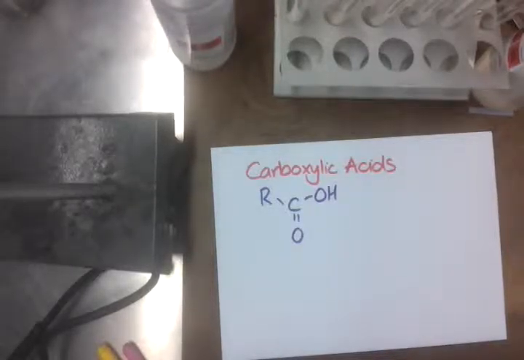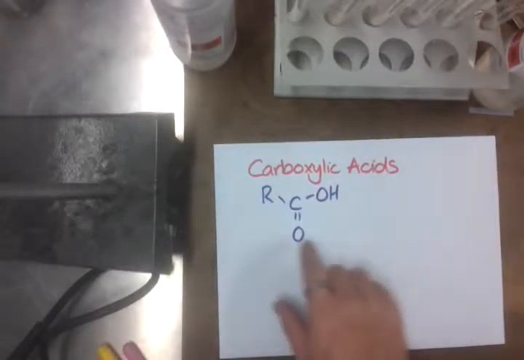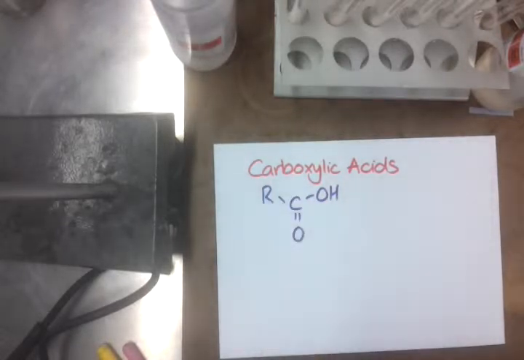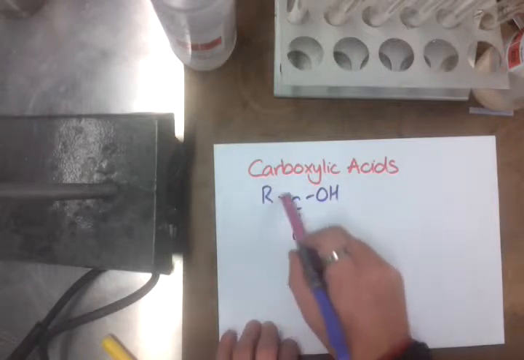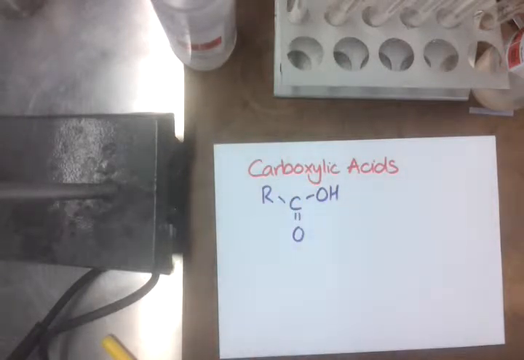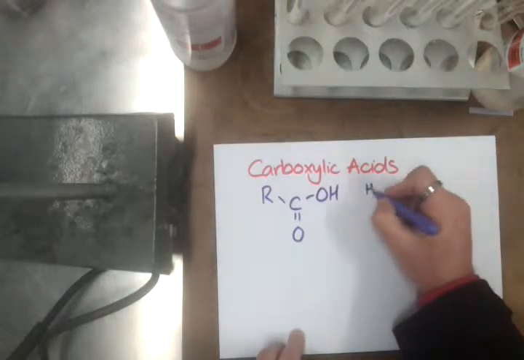In this video we're going to be looking at carboxylic acids. Carboxylic acids have this general formula, so you'll see the functional group here with the C double bond to O and the C to an OH. The R group can be as small as a hydrogen for methanoic acid, or it can be any sized carbon chain. So I'm just going to quickly go through the naming of some of them, some of the small ones,